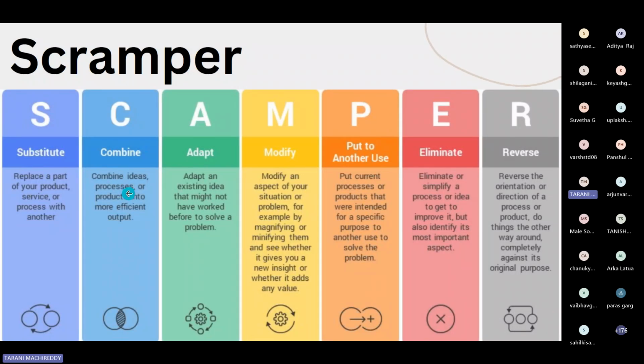And C stands for combine, where we ask what features we can combine with our water bottle, like an inbuilt filter. Can we combine inbuilt filtration, or storage for supplements, vitamins, medicines to take along,